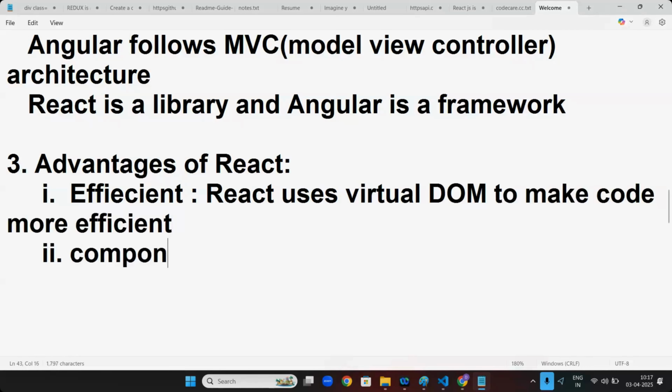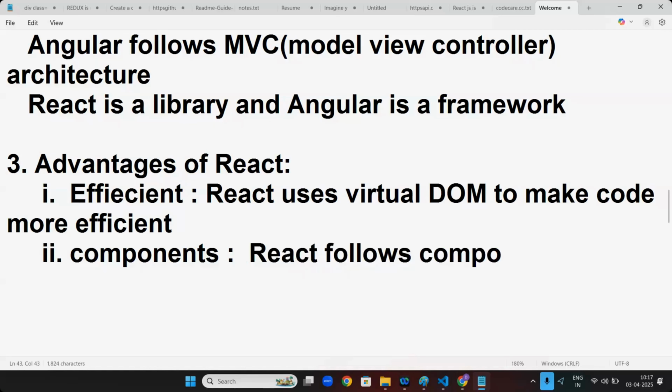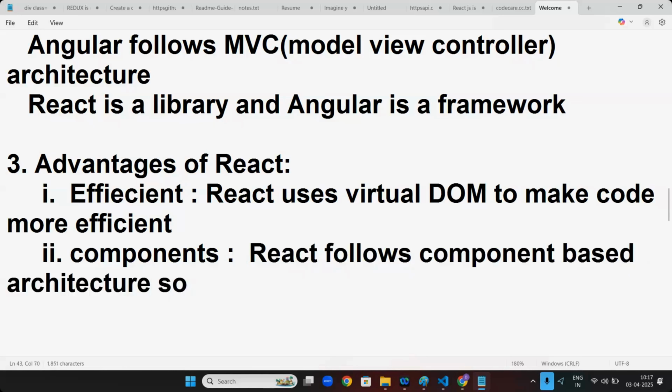Components. React follows component based architecture.